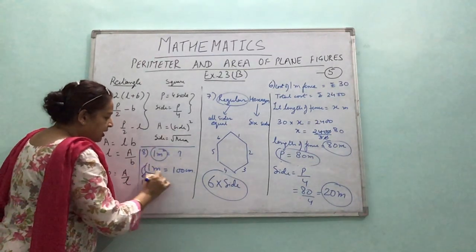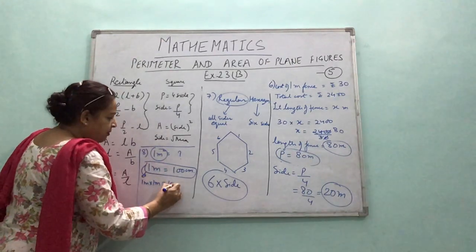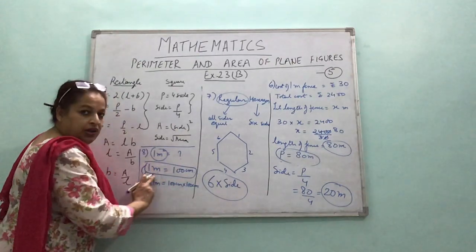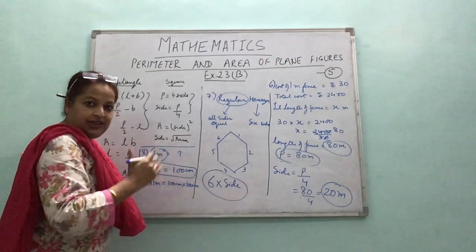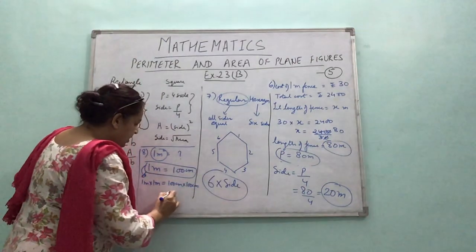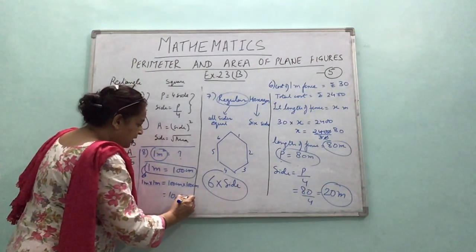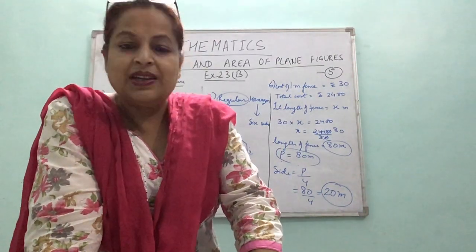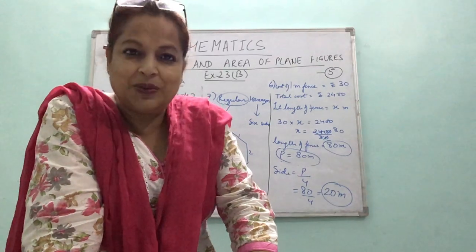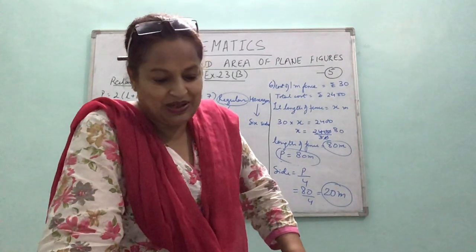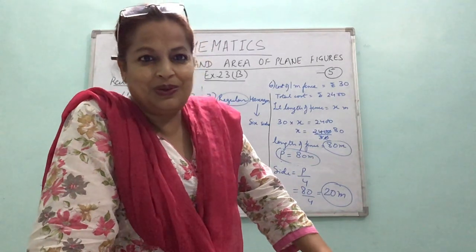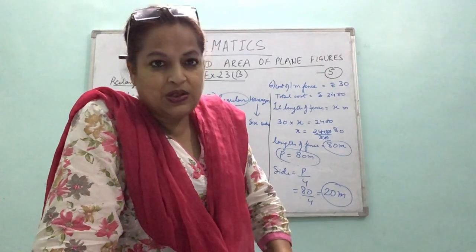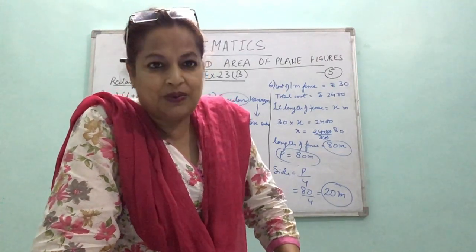1 meter square means 1 meter into 1 meter. So it would mean 100 centimeter into 100 centimeter. I should just know what 1 meter is equal to in centimeter, which is 100 centimeter. So it is 10,000 centimeters square. That is, 4 zeros will be there. So which option is the correct option? For question number 8, C option is the correct option, 10,000 centimeters square. Right children? So you see these are very simple questions. Question number 10 also we can do.